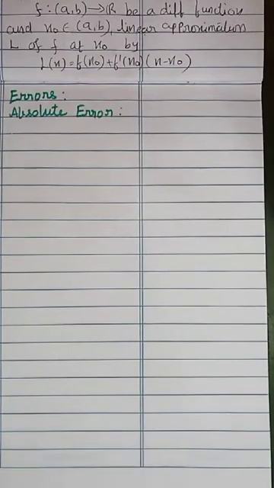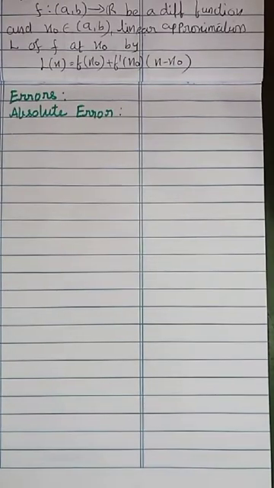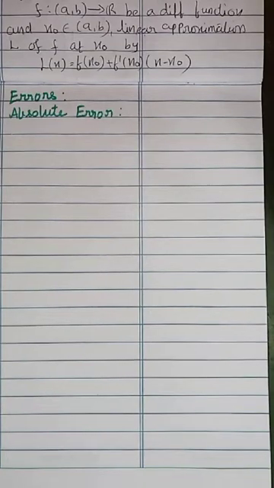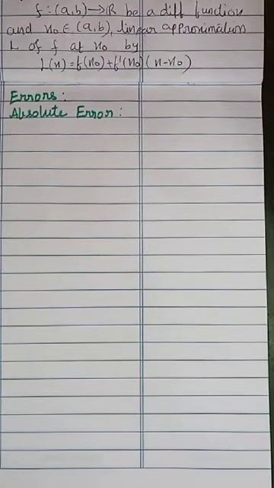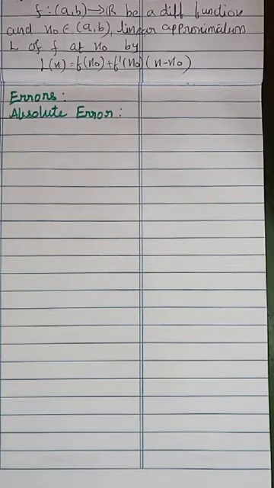Next topic is finding errors. So what is error? When we go with an approximate value, because the actual value is one thing and the approximate value is another, definitely an error occurs. That error, we differentiate into different types: absolute error, relative error and percentage error. These are the errors which occur by linear approximation.